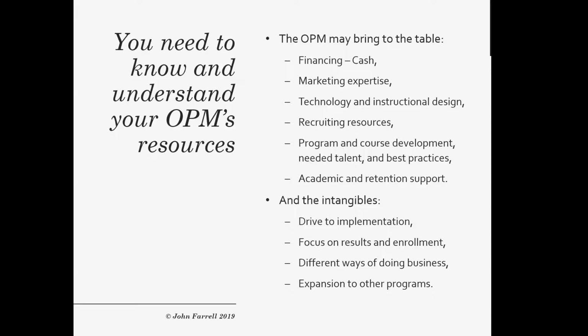There's a major university that worked with one of the online program managers for the entire suite of services. And over time, they found that with this particular OPM, what they were particularly good at was marketing and recruiting. And they redesigned and reconfigured their contract just to focus on those 2 elements. The university itself had the technology and instructional design. It had grown and developed over the years, and there was no need to use their services. So make sure you understand what you have before you go and buy from the OPM.